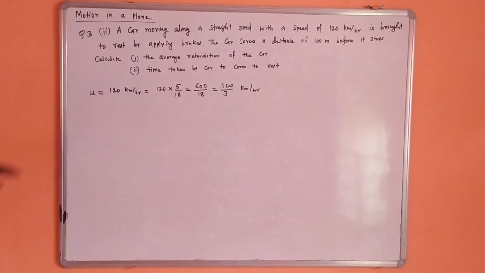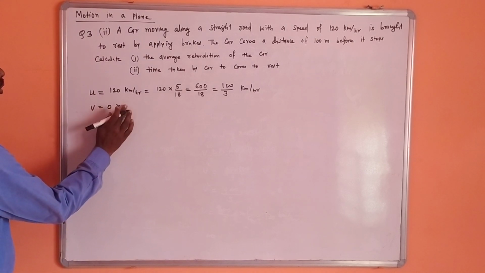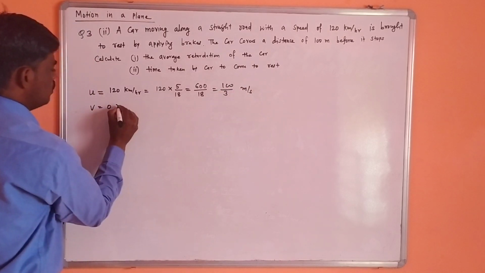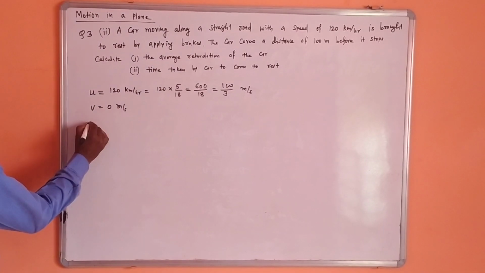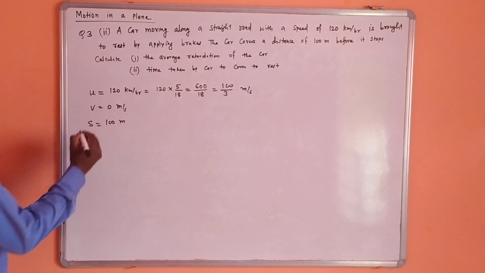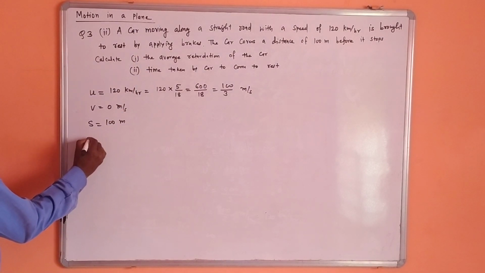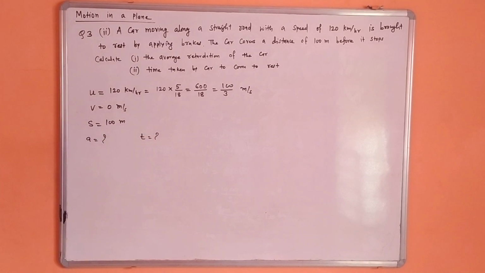Then it is brought to rest by applying the brake. The final velocity is 0 meter per second. The car covers a distance of 100 meters before stopping; s is given as 100 meters. What we have to find out is the average retardation, meaning negative acceleration, and the time taken by the car to come to rest. So from these three values, we can find a by using